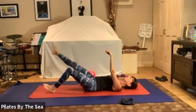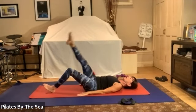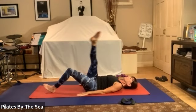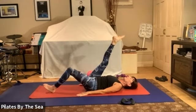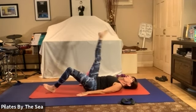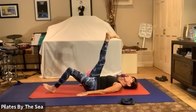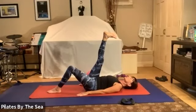That's a good indicator that you are doing the circle just the right size and keeping it symmetrical and even throughout. 3 more. 1, 2, last one. Hold it up, relax your toes, put the other foot flat, and let's just do some circles